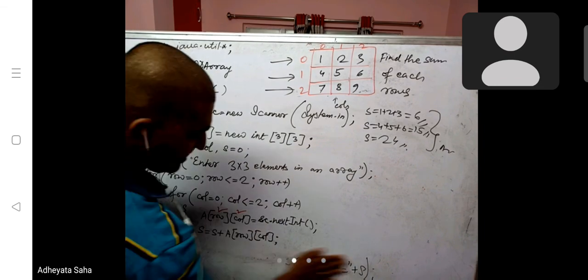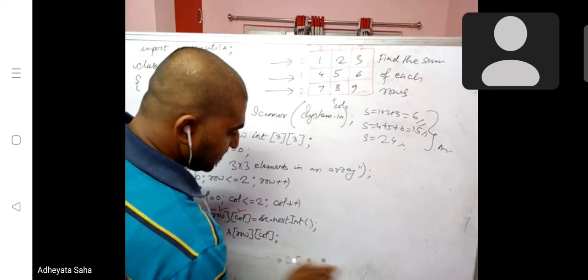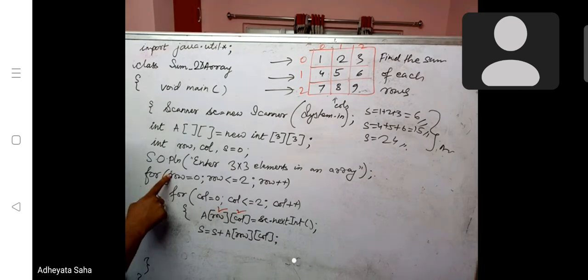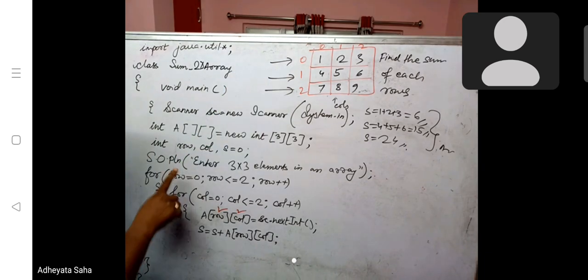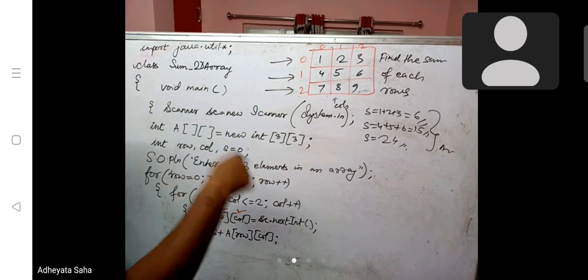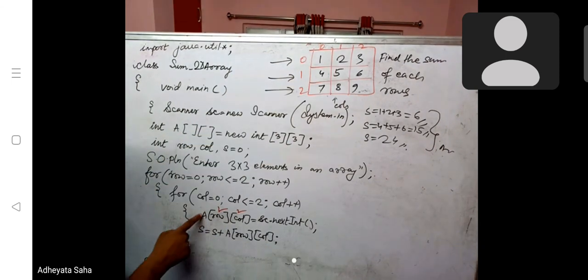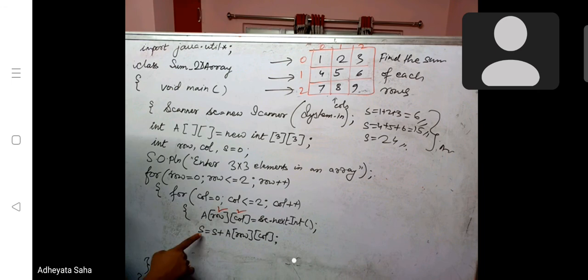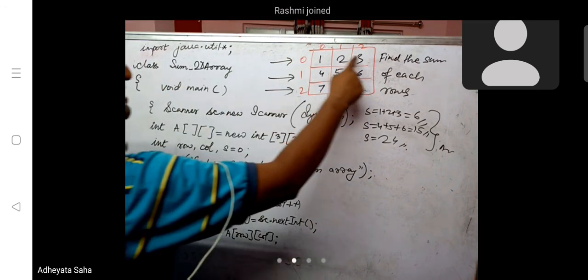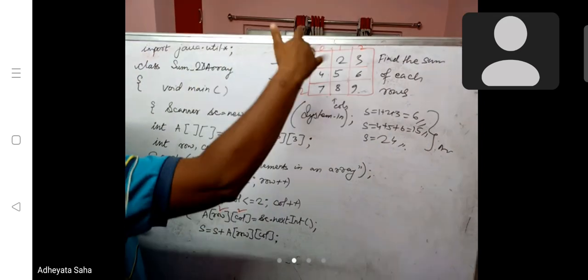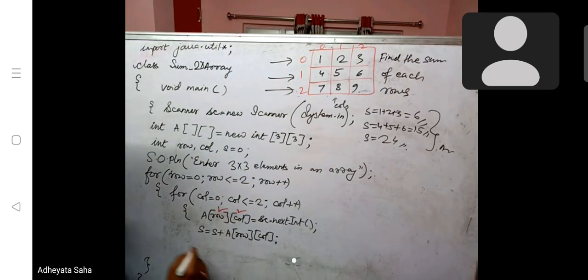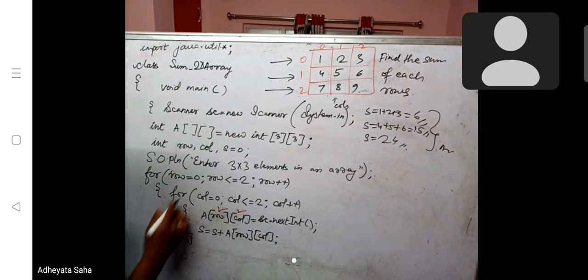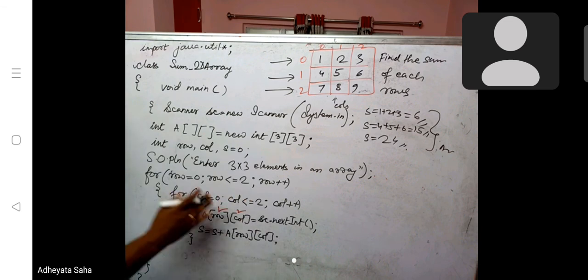See? So it means that when my row is 0, the column will be changing 0, 1, 2. So in A 0, 0, A 0, 1, A 0, 2 you have inserted and calculated the sum. So whenever you reach here, your sum will be 6. After reaching that, whenever you come out of this inner loop, directly you print there